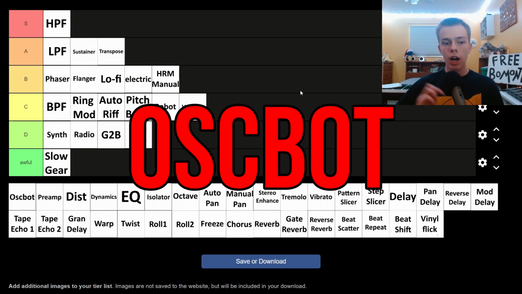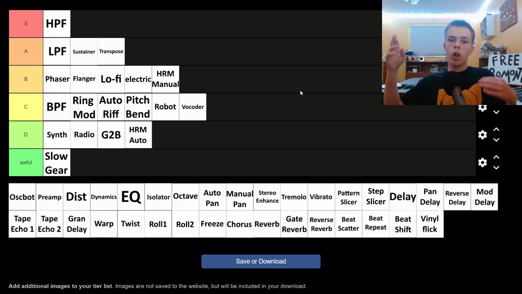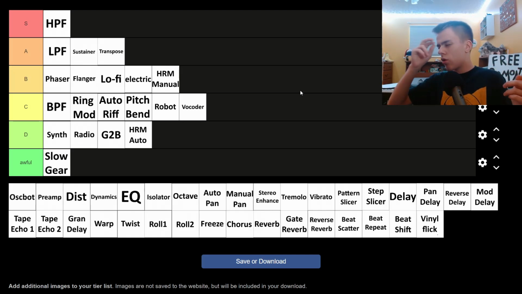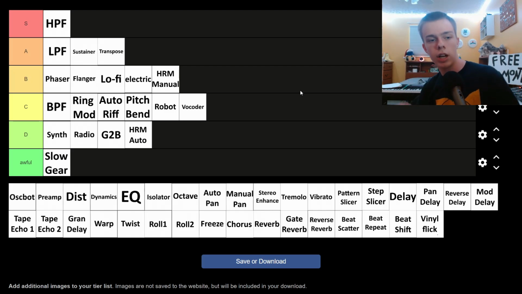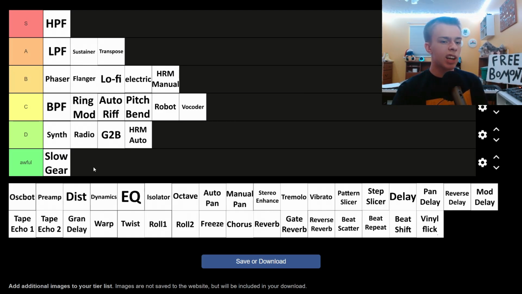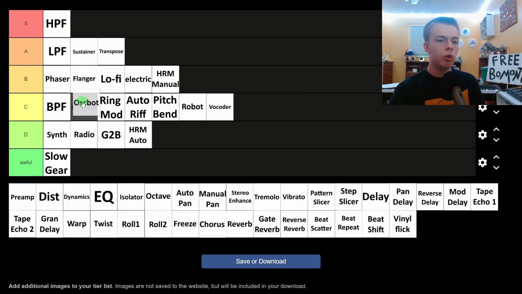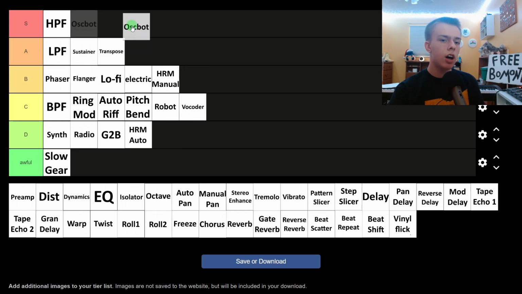Next up, we got Ospot. We love Ospot. It's in all of our favorite melodies. We got Robin, we got KBA, we got Mate, anyone you can think of. They all use freaking Ospot. It can make bass lines, it can make melodies, it can make high pitch, everything you want. It's got a great sequencer too. Ospot, you are a perfect S tier effect, other than the fact that you usually sound like garbage, but you